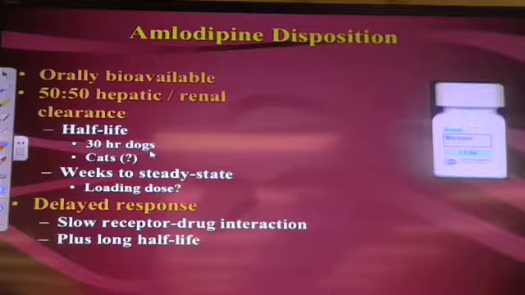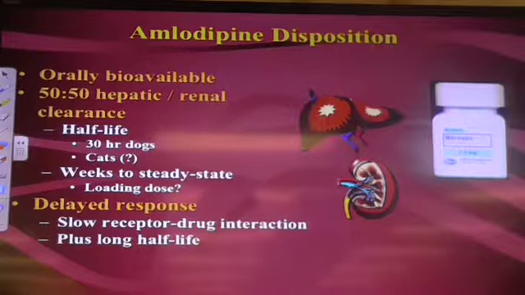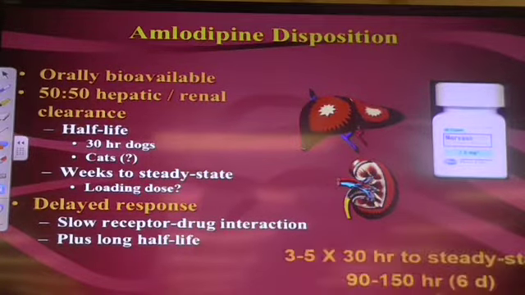What we do know in dogs is that the half-life is about 30 hours. Okay. So how long before you get to steady state with this drug? 90, that's right. So 3 to 5 days, maybe a week. Okay, and it's probably a little bit longer in cats. We don't know that. We're just assuming it's a little bit longer in cats. So this is not a drug that's going to happen overnight, right? What we may want to do is load this drug if we have to get a rapid response, right? The other thing that causes a delayed response is, and we're going to see this with the ACE inhibitors as well, it takes a while for the body to respond to the maximum effect of these drugs.